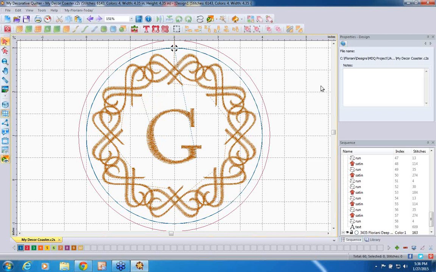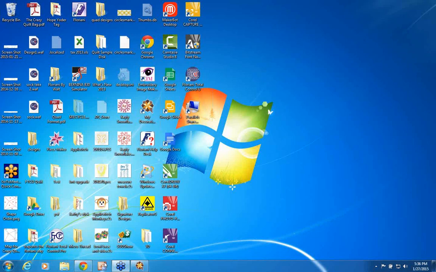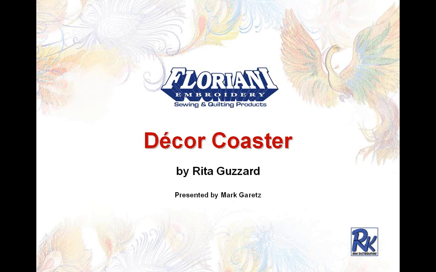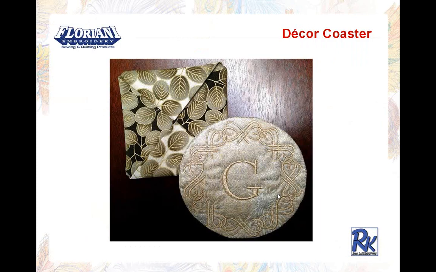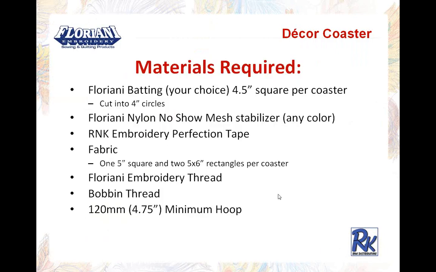So that completes the software portion of the lesson. Let's go ahead and fire up our PowerPoint again, and we will get started on the assembly instructions. So you've seen this slide. Again, this is the one we're going to be doing, and let's go over the materials that are required for